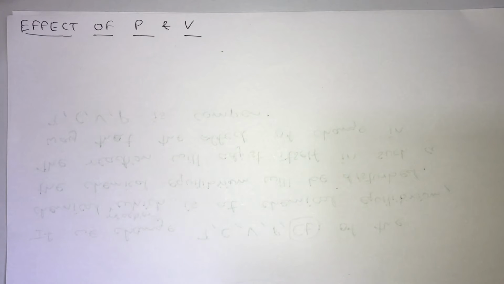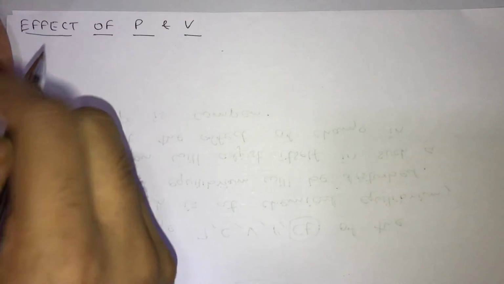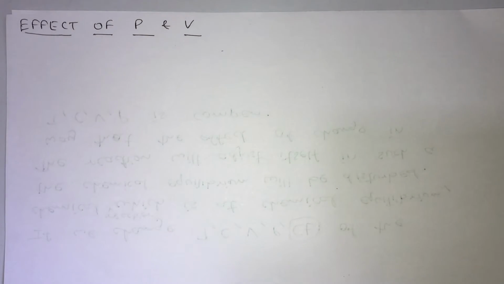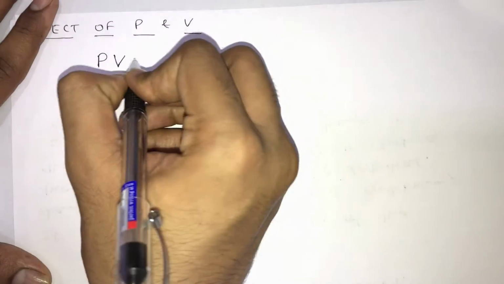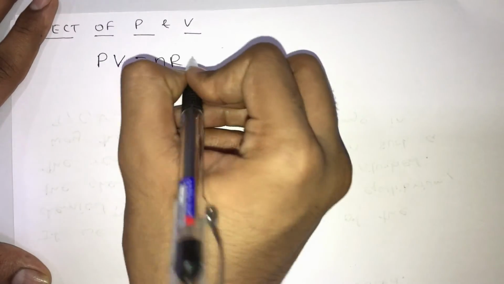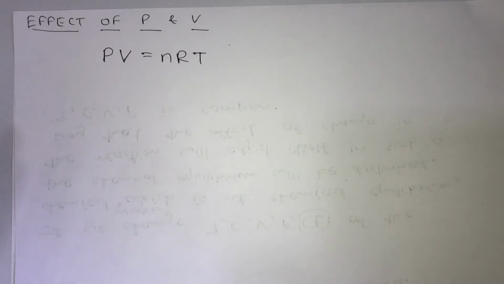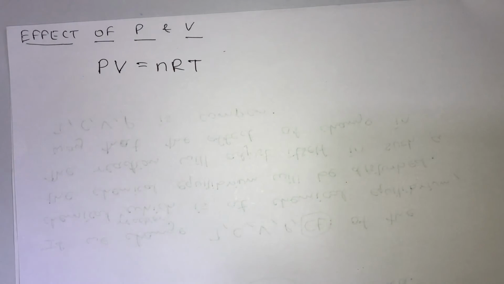So now guys, here we are considering two parameters together, that is the effect of pressure as well as volume on the chemical equilibrium. Now this pressure and volume are interdependent. Let's see how they depend on each other. For that you must know the ideal gas equation, PV equals nRT. For those who do not know this ideal gas equation, don't worry guys, I have already made a separate video on this. You can find the link of that video in the description box below, or you can simply click on this I button over here.